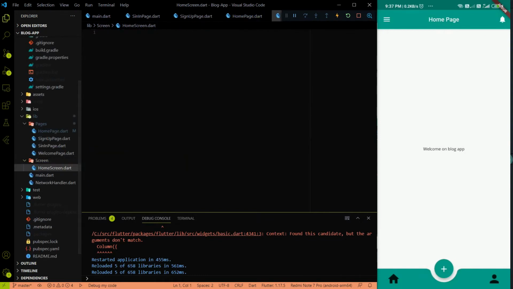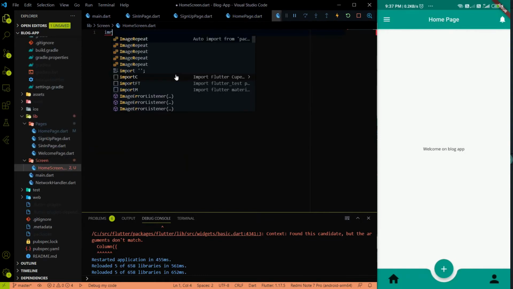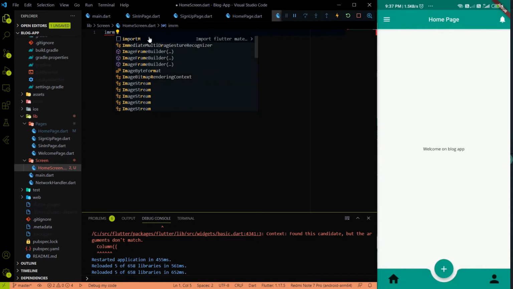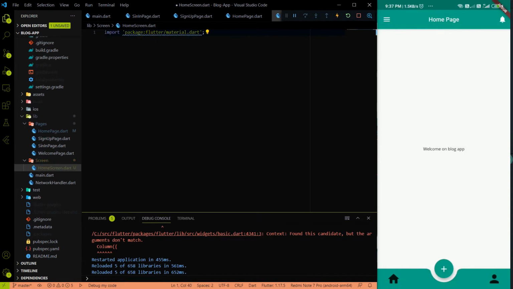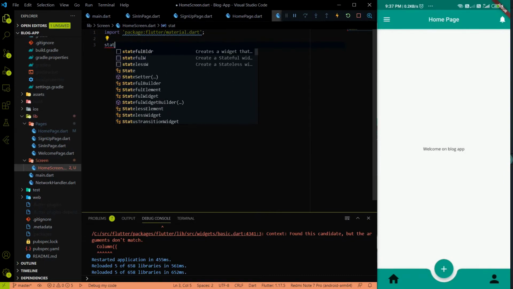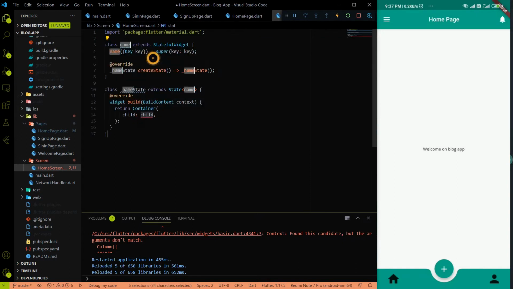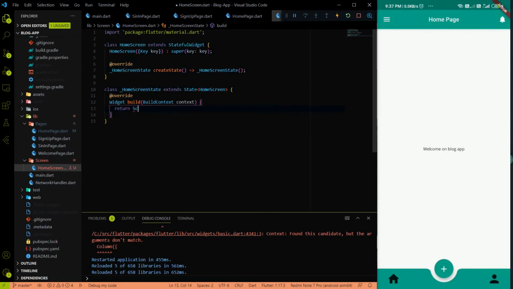So in home_screen.dart, I will use the awesome Flutter snippet again for creating the code, and it will be a stateful widget, and the name of the class will be HomeScreen, and instead of returning a container, I will return a Scaffold,